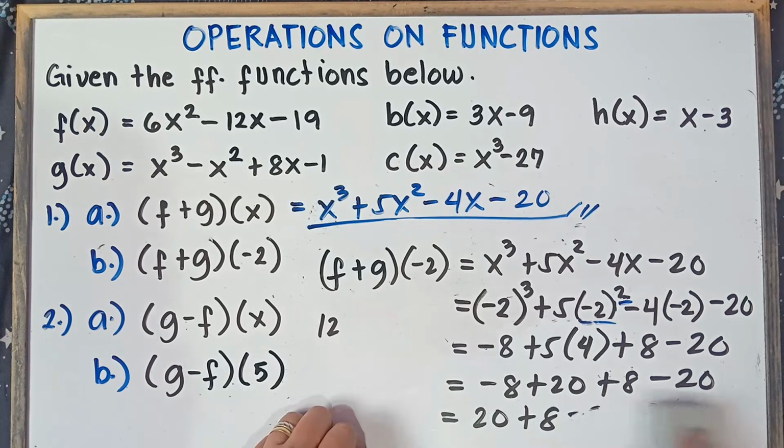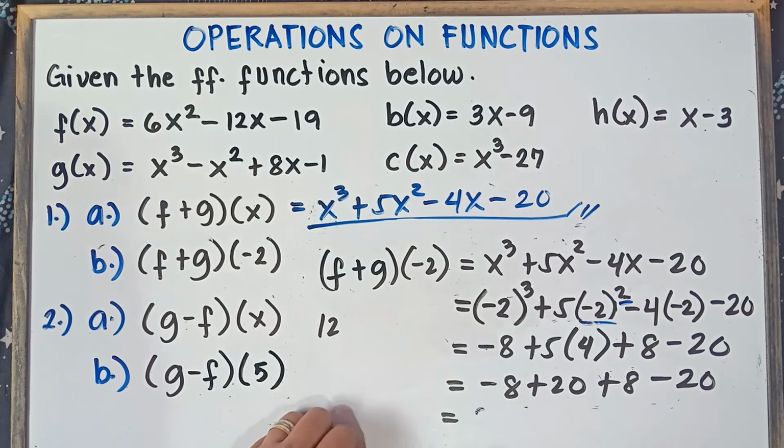So let me just write the answer here for you not to be confused. Once again, class, if you're good in this class, you can answer it right away. But if you're confused, you can arrange, class, for you not to commit mistake. So let's try to answer this one directly. Negative 8, positive 20, unlike sign, subtract 20 minus 8, that would be 12. Now 20 is greater than 8, we copy the sign of 20, that would be positive 12.